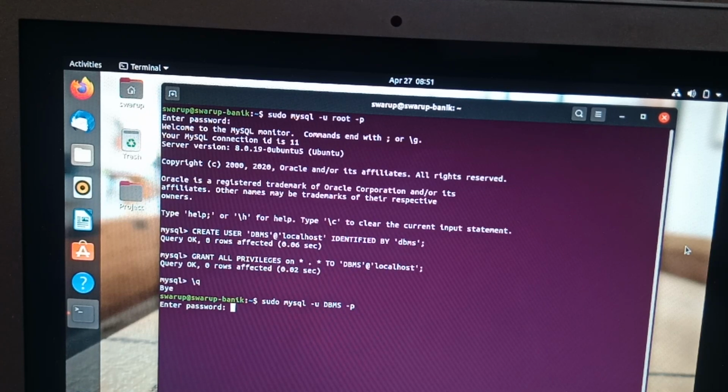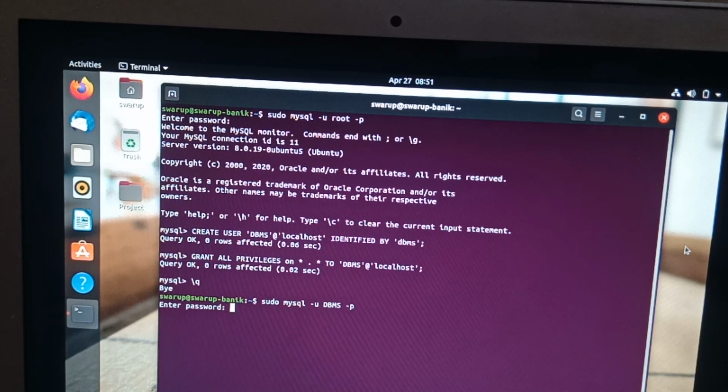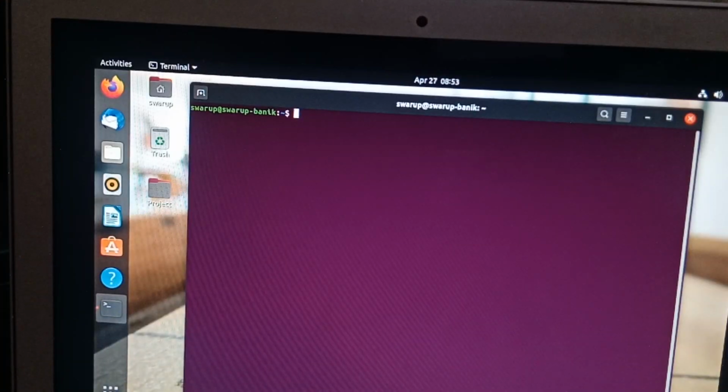Here we have to put the password given for that particular username, not the root password, and that was dbms in small letters. Hereby we entered the MySQL environment through our particular username. And this is all for our database server installation, which we will use for entering databases for our Django application.